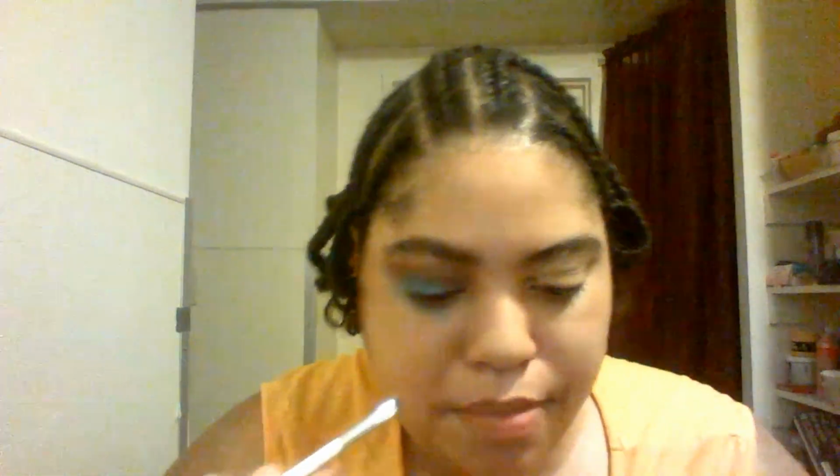Yeah, I don't like this on the lower lash line as I'm looking at it, so we're just going to remove that with my finger. And we got more blue on the face. So we are going to take this rose gold color and fill in with this little brush, the smudger brush. We're going to take this rose gold champagne color,